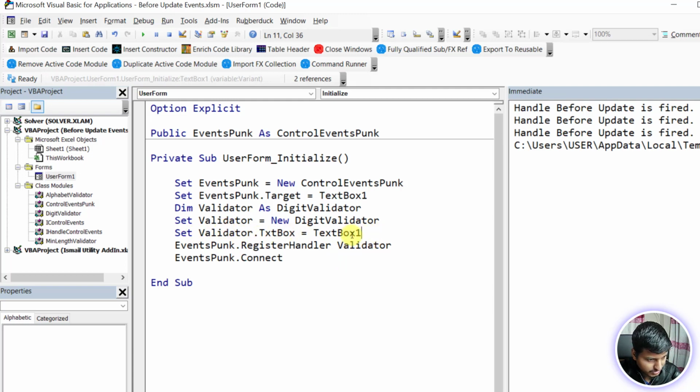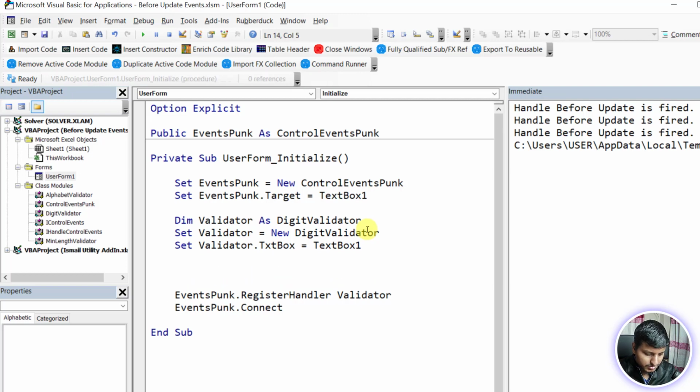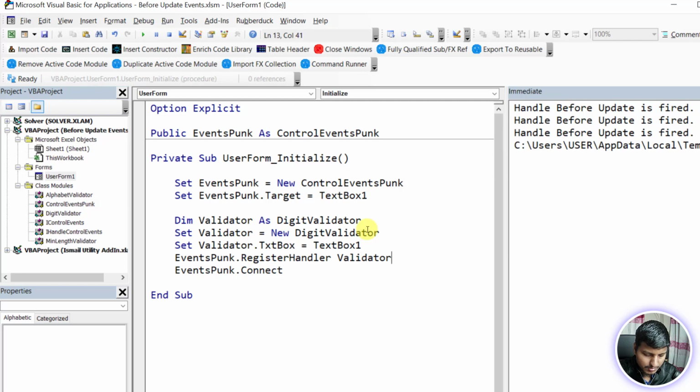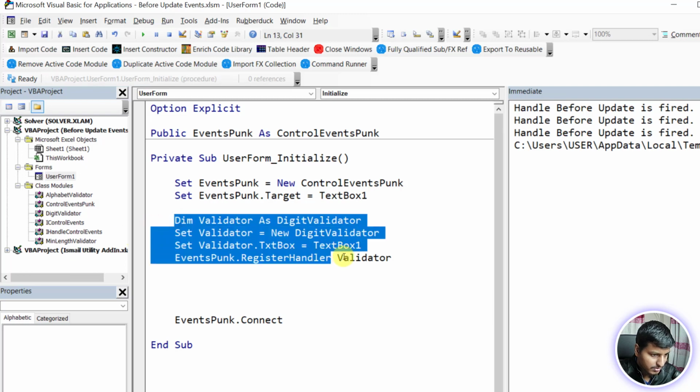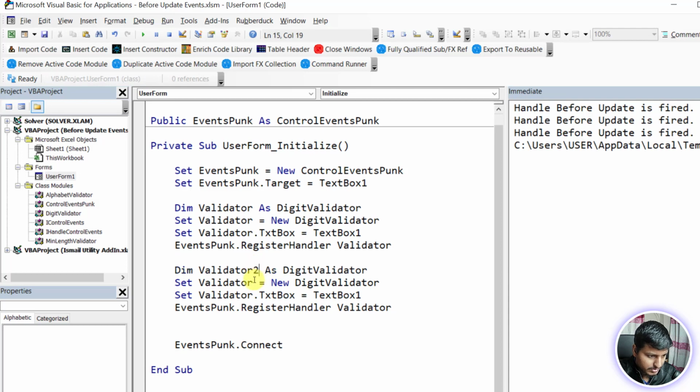So we have this, this is one validator, right? Now I'm going to show you the second validator. So this is one validator, and I'm just going to copy paste this code. So second validator, second validator, second validator. Okay, and this is going to be min length validator,